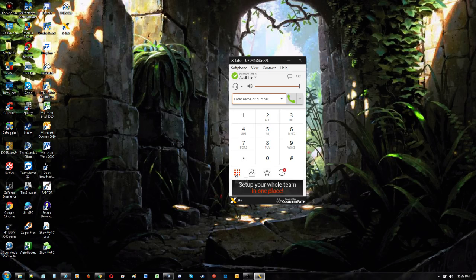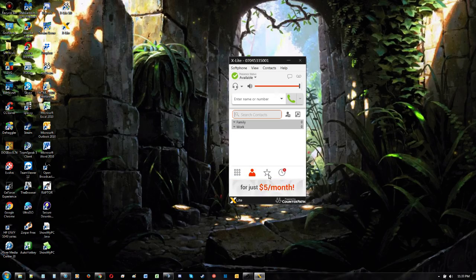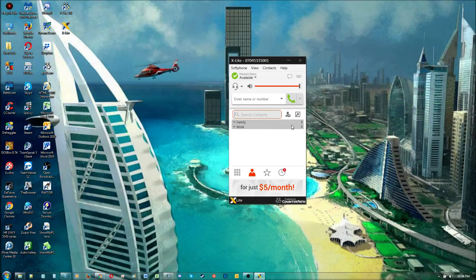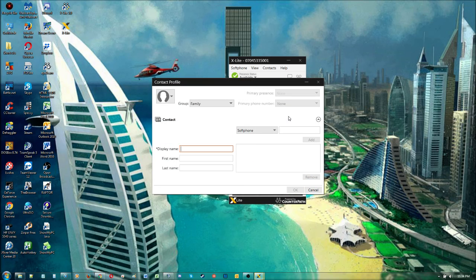To do that, near the bottom here, you can go ahead and select your contacts. You also have call history for information on recorded previous calls, your dialing pad, and favorites, which I've never used before. To add a contact, you hit the Add New Contact button here on the right-hand side, and it'll pull up a window like this. We'll go ahead and put my information in here